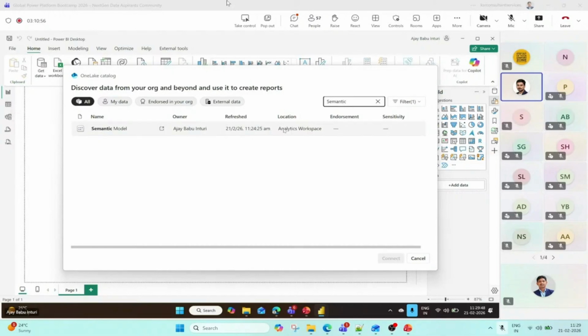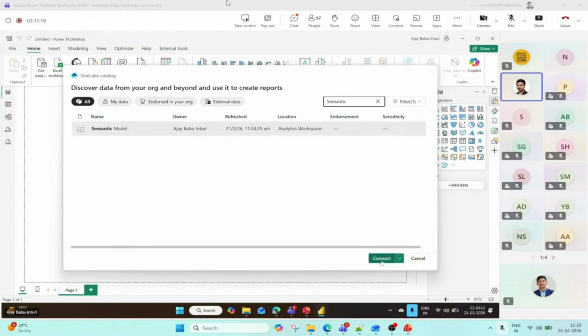As I already told you, if the analyst wants to connect the semantic model from a workspace, he has to have contributor access, or if he has viewer permission to that workspace, he has build permission to this semantic model. So keep in mind that at least one of these two privileges he has.